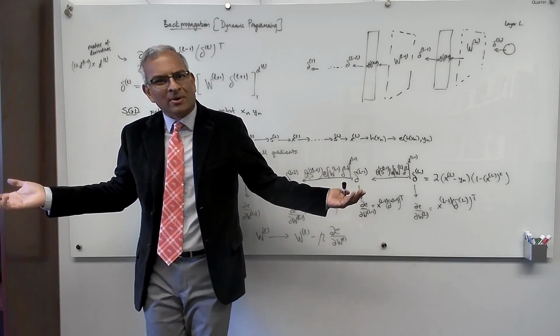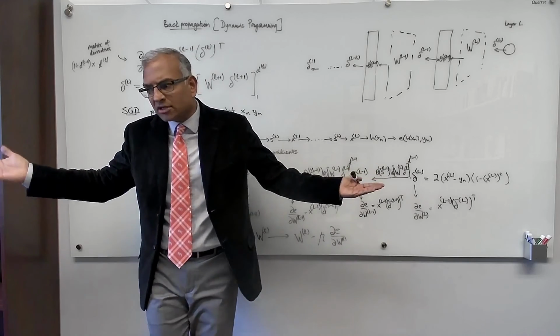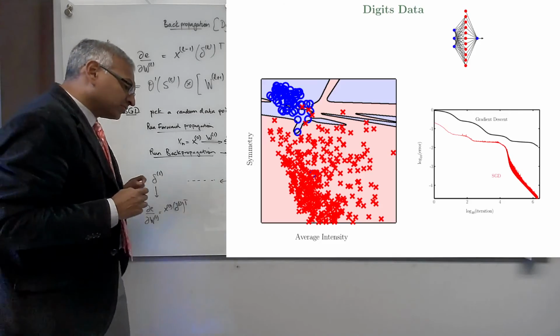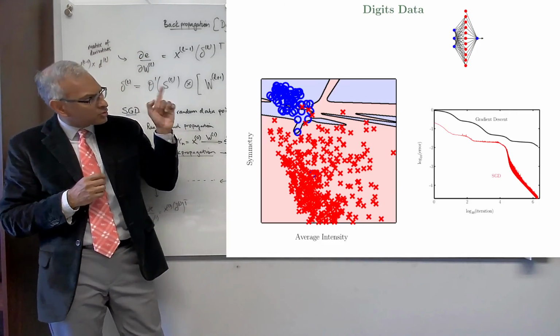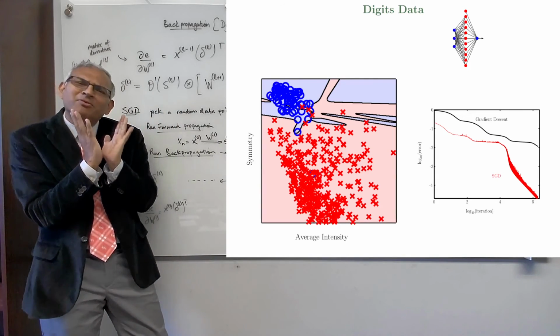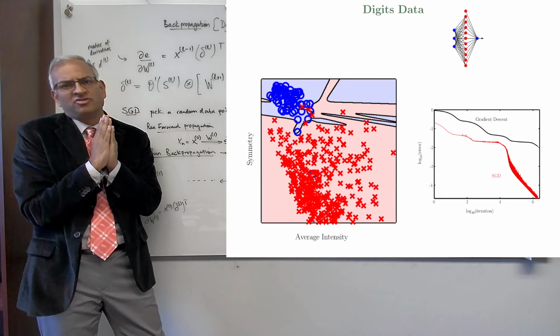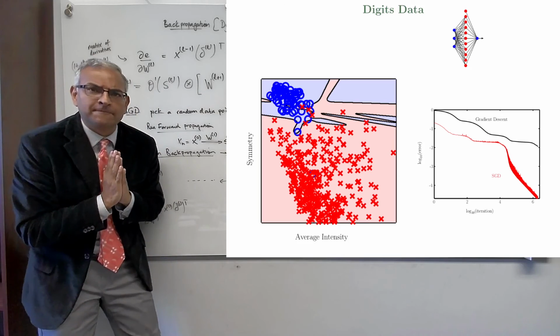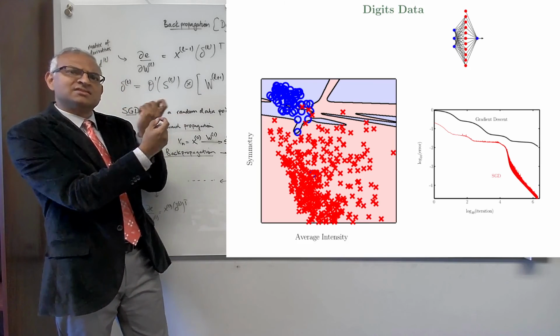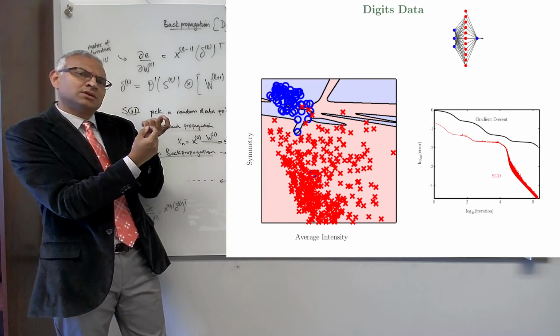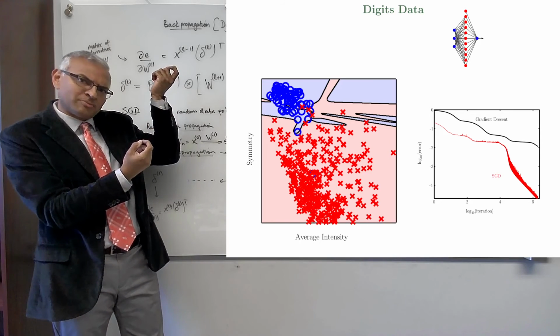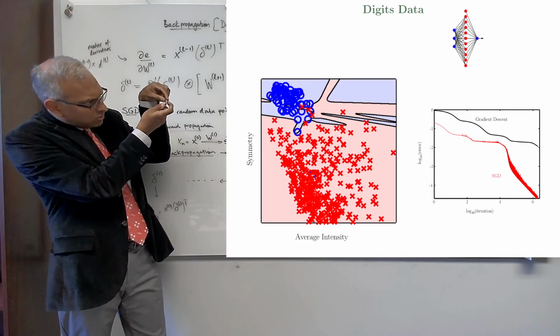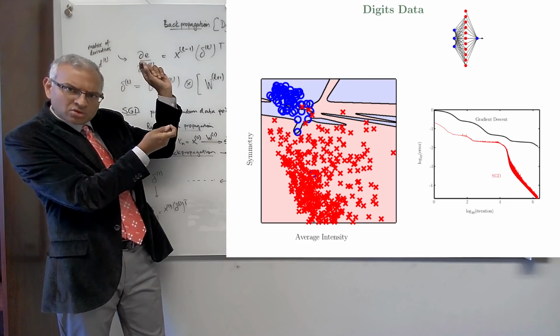So let me show you what happens when we do it on the digits data. Okay, so we're going to fit a neural network to the digits data, and what I'm showing there on the top right is the small neural network that we're going to fit. That's by no means a deep network. And now we're going to use the intensity symmetry features, so we've got 2 inputs, intensity and symmetry, and then of course the augmented one. So you see the input layer in blue has 3 nodes. The first node is the augmented one,